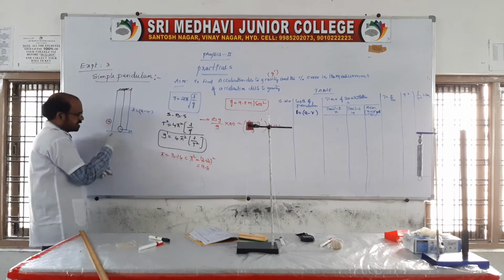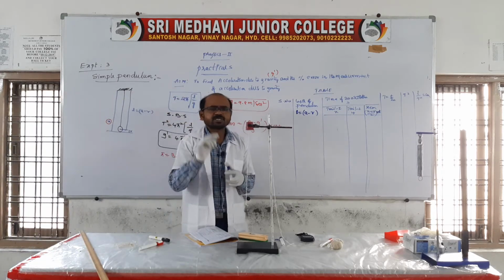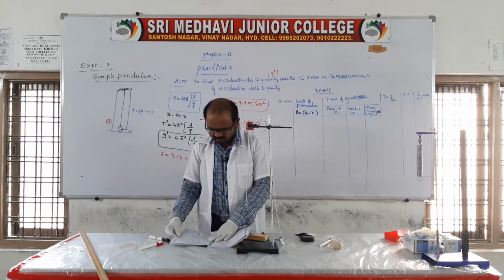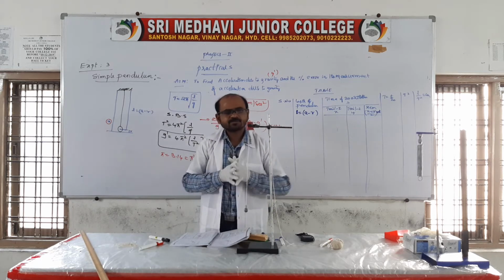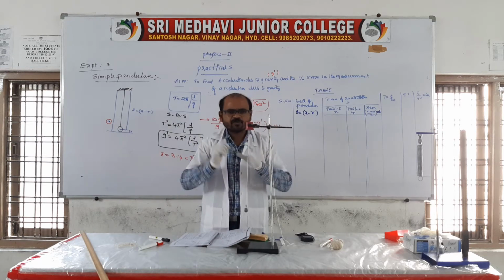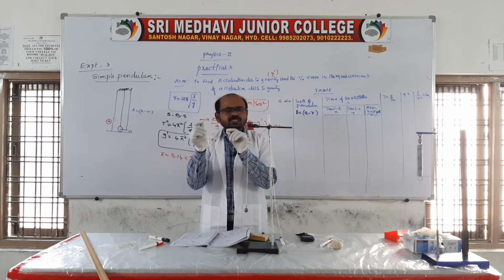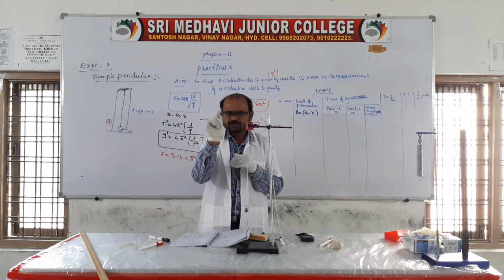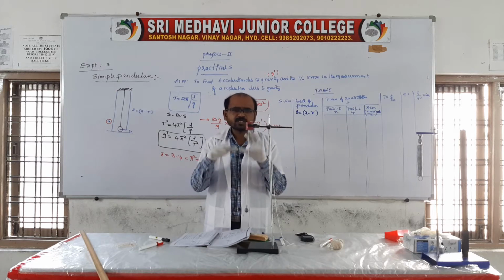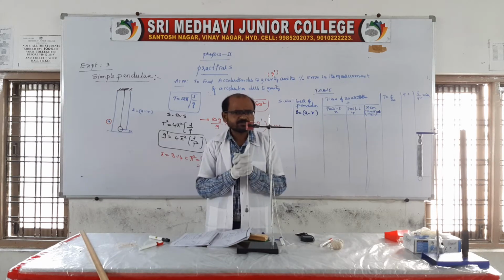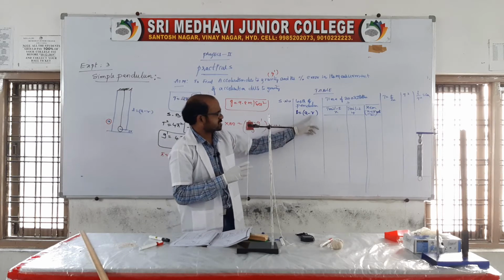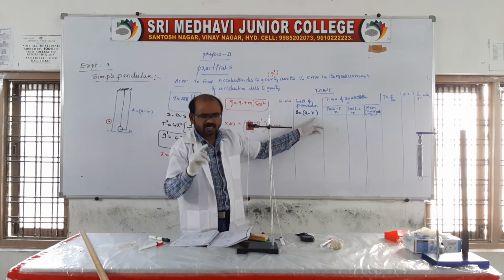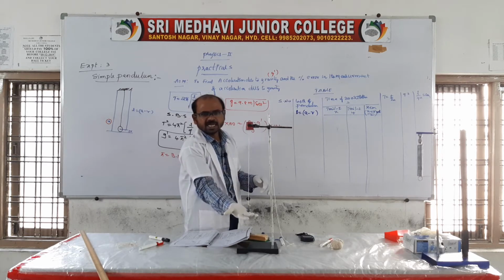Of course, the radius of the bob we can get by using a vernier, as I told you previously. We know the vernier tabular form. By using the vernier table or vernier scale, we need to find the radius of the bob. On average, the radius of the bob we should write here, A minus r every time. Suppose I want the length of the pendulum, then every time we should measure till the end.